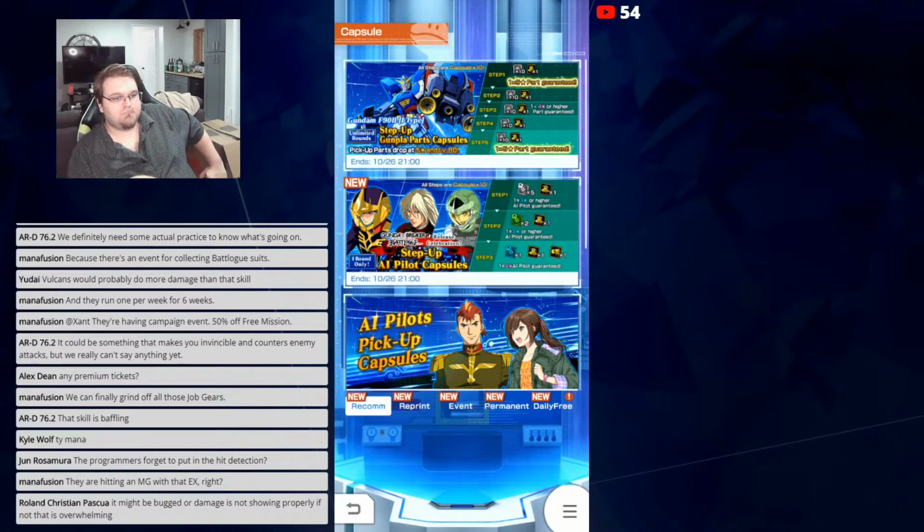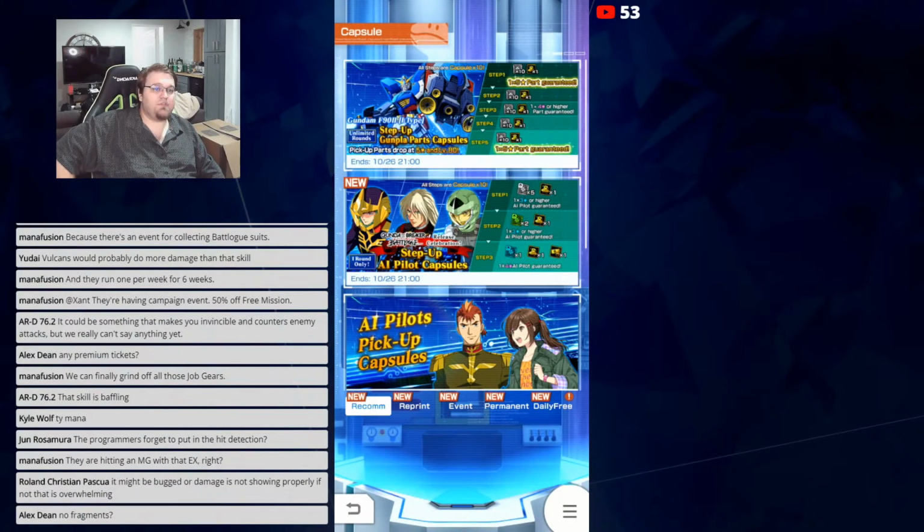Okay. It might be bugged or damage not showing properly. That's the thing, right? All the other EX skills worked fine. That was the only one that hadn't. And up until this point, every time we see an EX skill demonstration like this, it's always been the same suit where they just do a mono build and go with that. So, seeing their debug mono build do 1 damage at a time, kinda yikes. But there's no way that's the case. That's got to be a bug, right? But I guess we won't know until someone actually gets their hands on it, so...